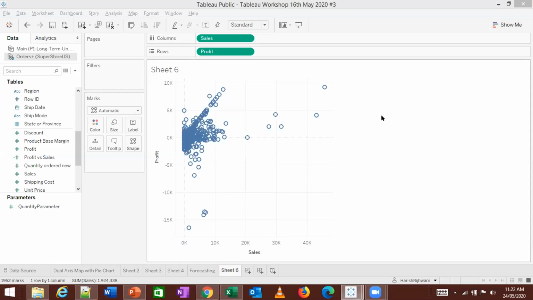So how did you shift the plot to the upper side, the scatter plot? Over here, right? There is this option below the map, to swap. Just click on that, it will swap the variables. Okay, sir, got it.